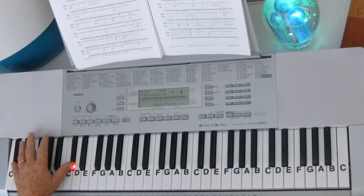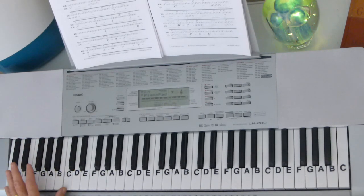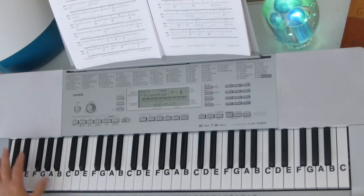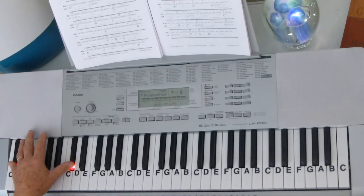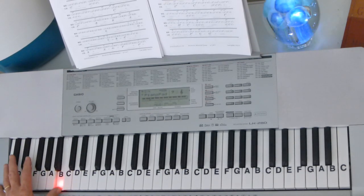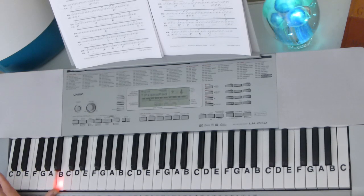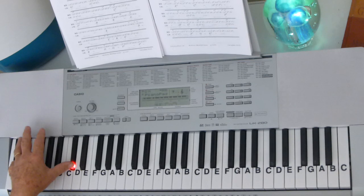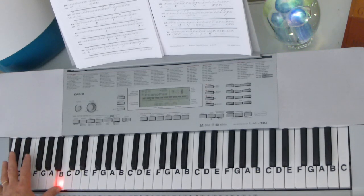Whenever I do an octave here, I can only go down to C. So sometimes Beethoven has octaves, and I'll just put my octave like I'm playing it, but I'll only be playing one note. So he starts out with C sharp, then B, and all of a sudden I'm off of this little keyboard. If you've got a full keyboard, you can play it. If you don't, you can just play a single note. But I'll be playing it like I'm playing an octave. C sharp, B, then to A,